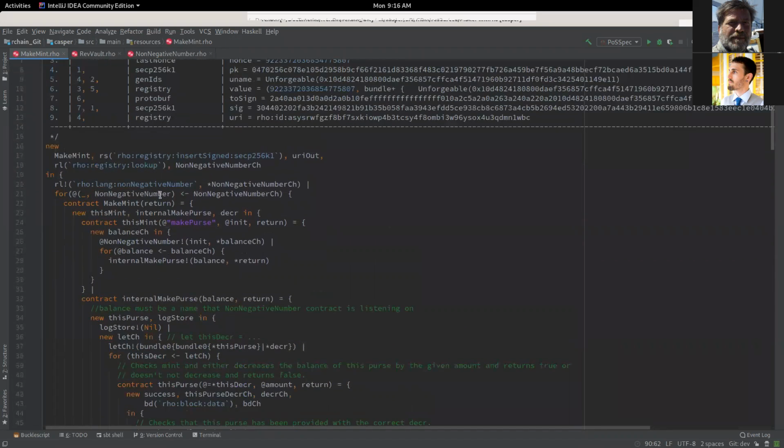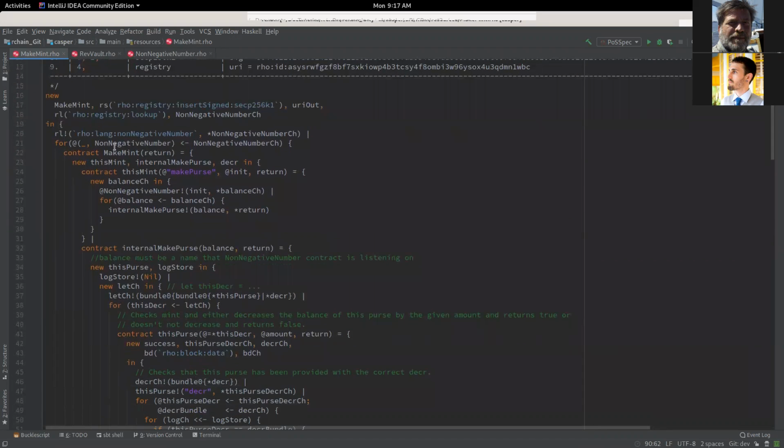Okay, so now what it looks like is anytime we mint some token, so that's a call to this MakeMint contract, we create this name, this mint, which is the name of some contract. This mint contract has this method called MakePurse.